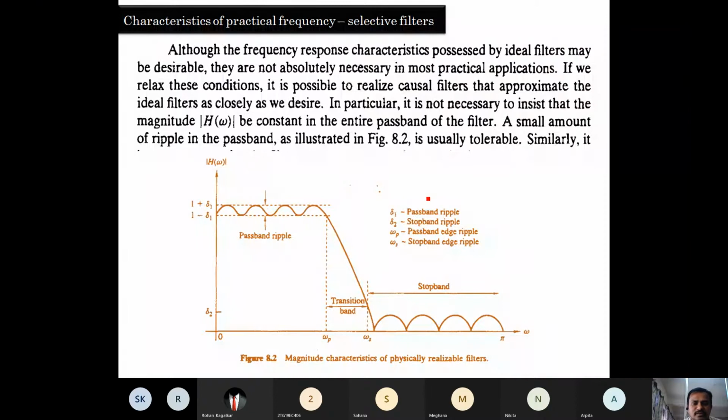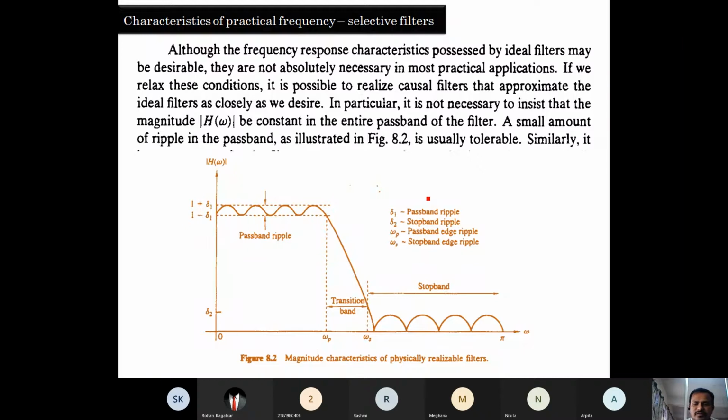It has pass band ripples, stop band ripples, as well as a transition band. So we have pass band frequency, stop band frequency, and the bandwidth of the filter. The bandwidth of the filter is nothing but the pass band width. The total set of frequencies allowed to pass through this filter is known as the bandwidth of the filter. And what are the ripples? What are the maximum and minimum amplitude of that particular ripple?